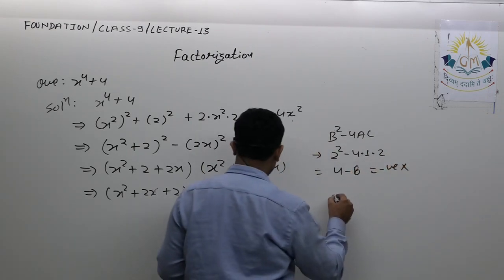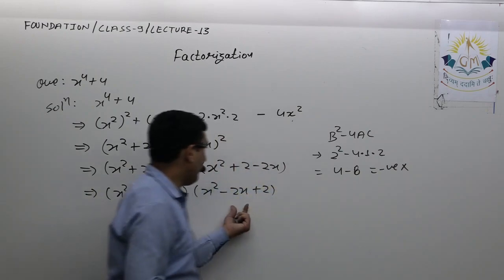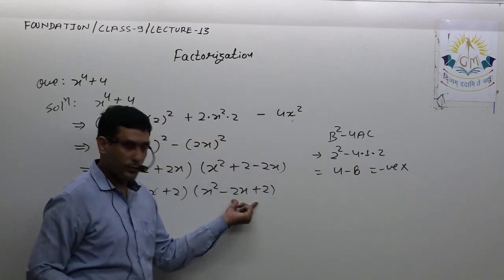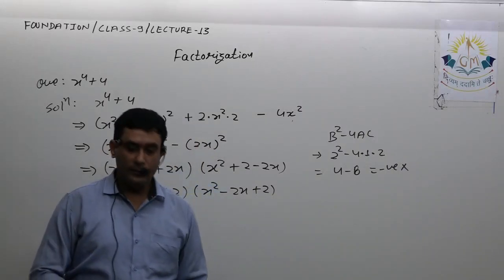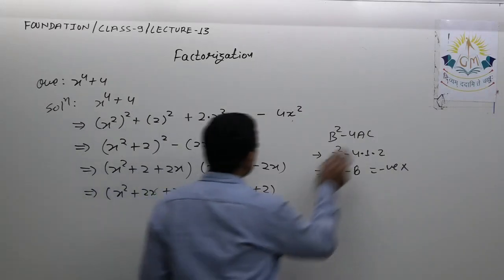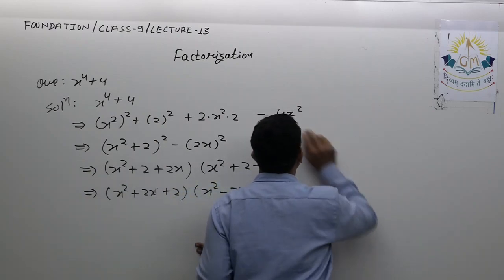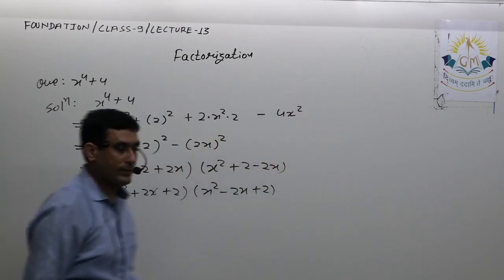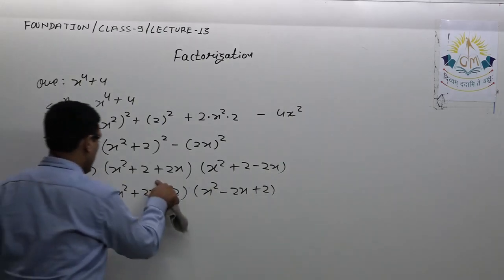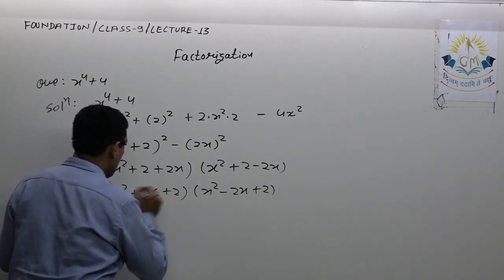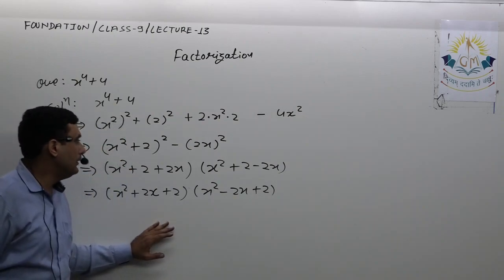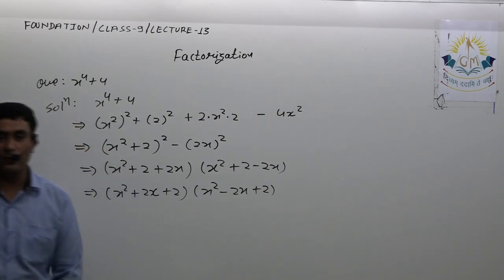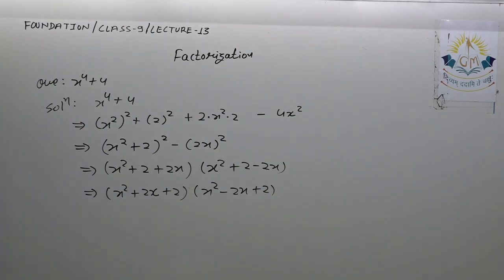For the second one, okay, it is almost the same. Only the thing is that it is minus 2 whole square. Otherwise 4ac you will get the same thing. That means again you will get a negative value of this b square minus 4ac. So it is not possible to factorize these two quadratic expressions further. So I will say this is my final answer. So please note it down, then we'll see the next question.